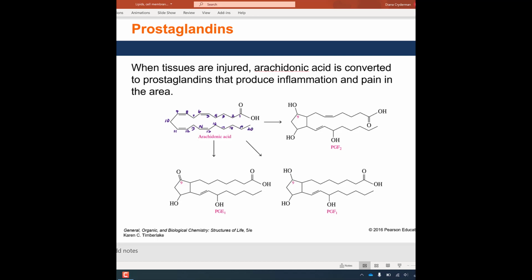So what we're going to have is carbons number 8 and 12 coming around to form